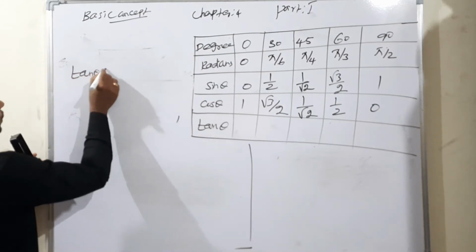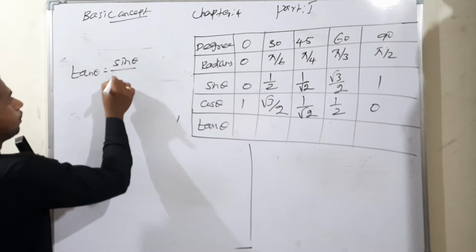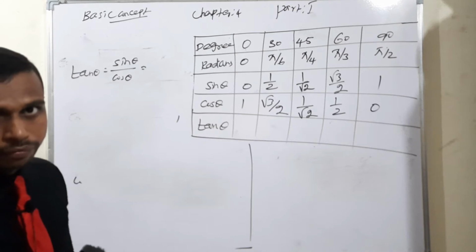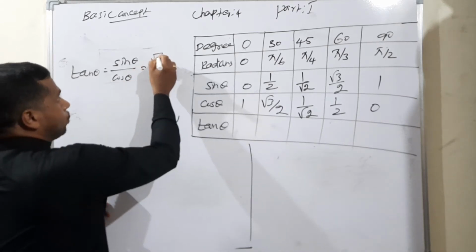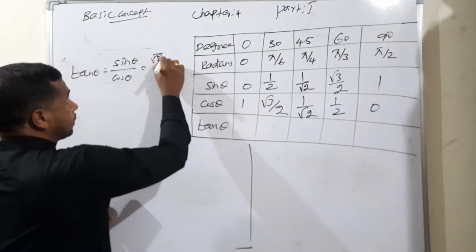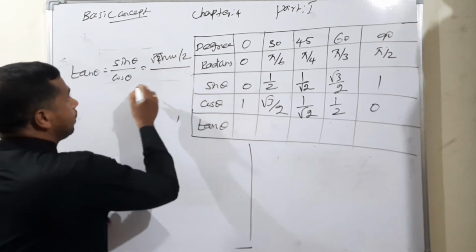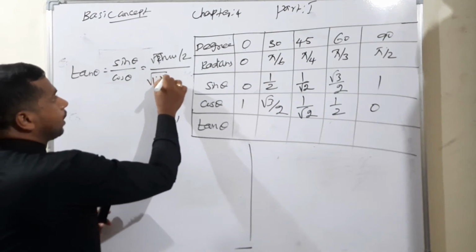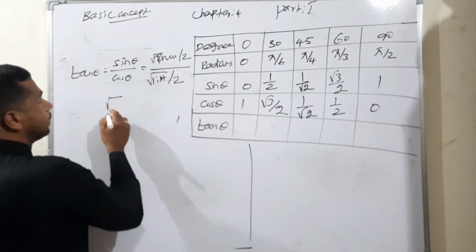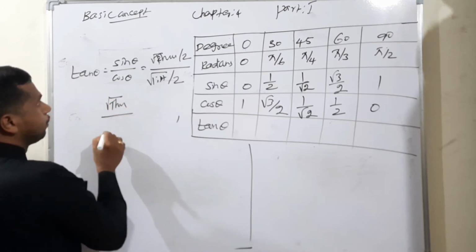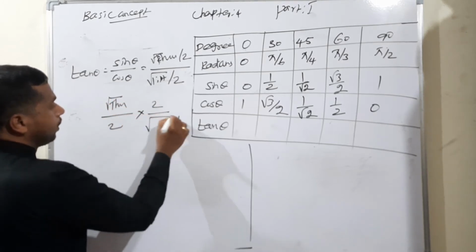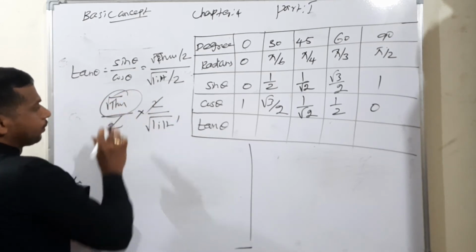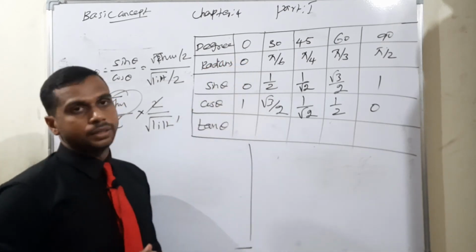tan theta is equal to the formula sin theta divided by cos theta. Already I told you, sin theta means what did I say? Square root of the number of finger count on the little side divided by 2. So, little side, thumb side, isn't it? So, thumb side divided by 2. Again divided by cos theta means square root of little side divided by 2. If you take the reciprocal, it means thumb side divided by 2 into 2 divided by square root of the number of finger count on the little side, so 2 cancels. So, square root of thumb finger side divided by square root of little side, you will get the easy value.